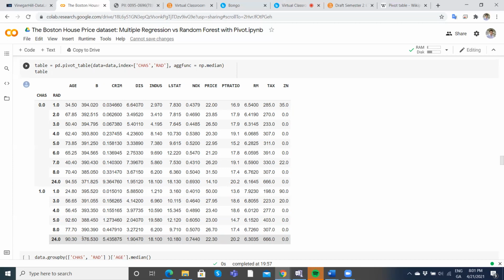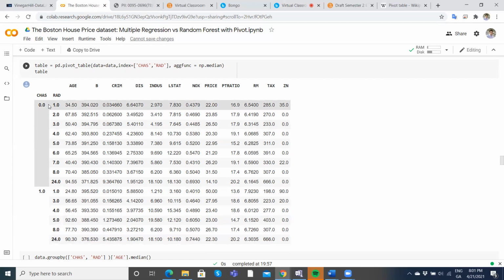But if it coincided with a place of high criminality and you had relatively high pollution, and the pollution looks to be higher here, you can see the median price 22.30 is a lot less than the 50. So access to good infrastructure doesn't necessarily guarantee you a higher price, because possibly what you're getting is higher criminality,